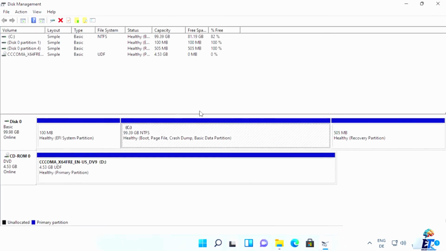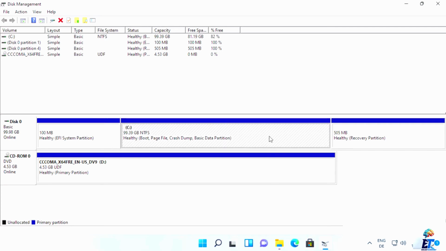Once this window is open, you can see I have the C drive here, and I want to create a partition on this drive. You might have multiple drives here, it might be a D drive and an E drive. So whatever hard drive you want to choose for your partition, you can select that drive. Once you have decided on which hard disk you want to create a partition,